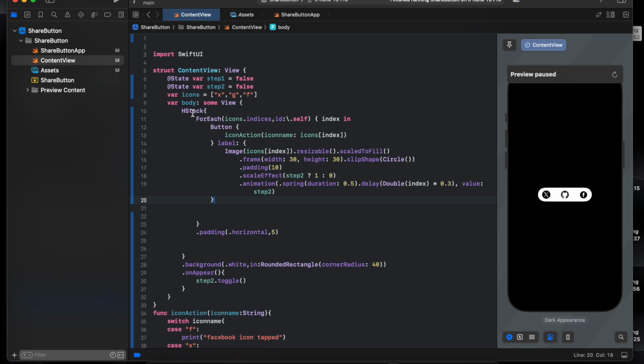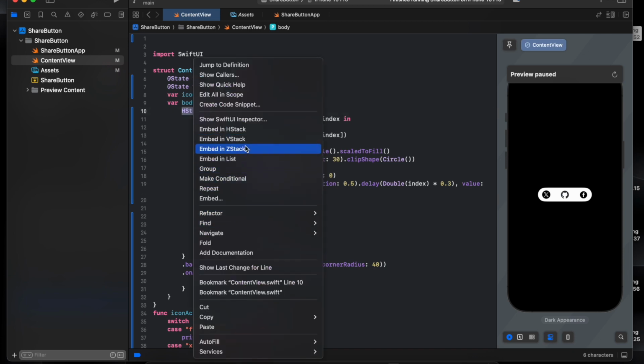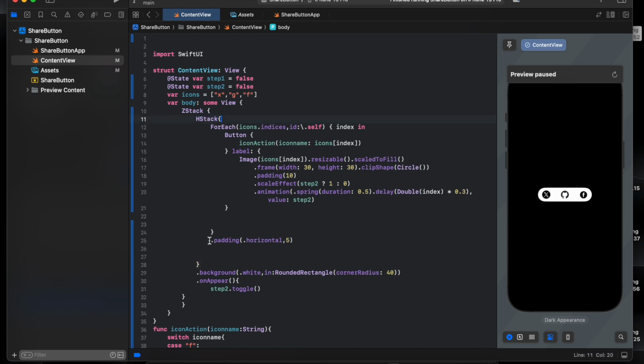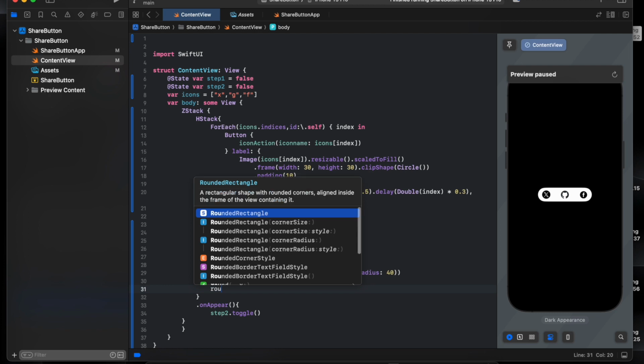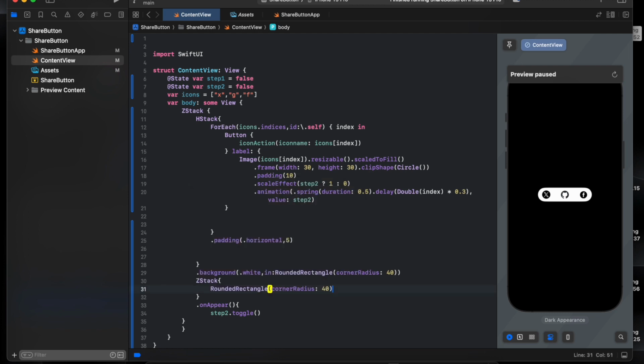Now I want to add the blue rectangle. We use a ZStack. After this, we also use a ZStack because I want a text on top of it. Also 40. The frame